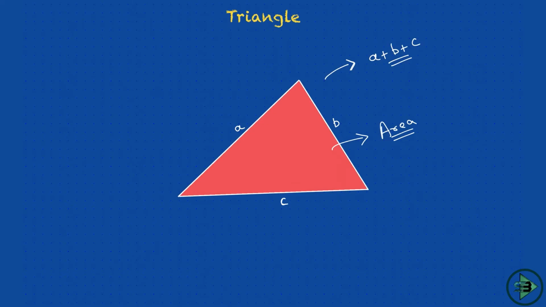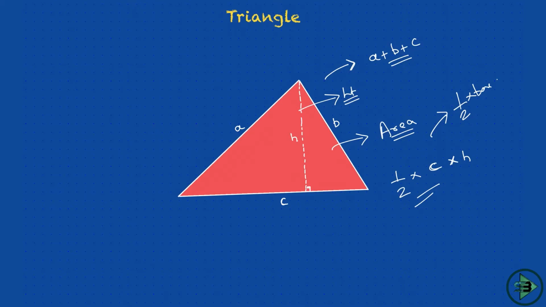Area of a triangle, you know one formula, the first very famous formula of maths: half into base into height. And what is always the height in geometry? Perpendicular. Anytime they ask you what the height is, it is always the perpendicular. This is what we have studied in geometry. The height is always perpendicular. So if I say the height is equal to h, you will say area is equal to half into c, that is the base, into the height, that is h. So half into base into height. That is one formula that you need to know about the area of a triangle. Okay, that is the first thing here.